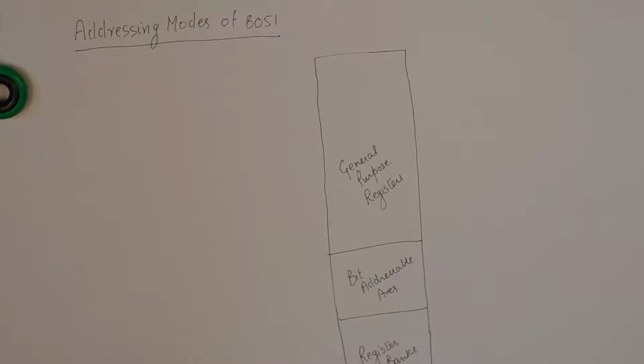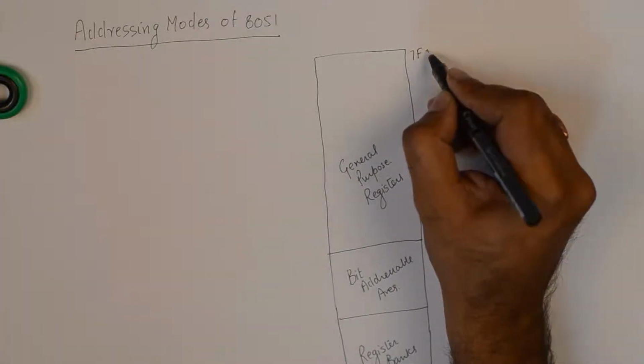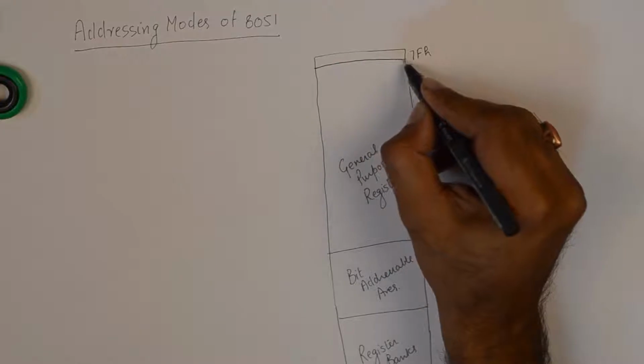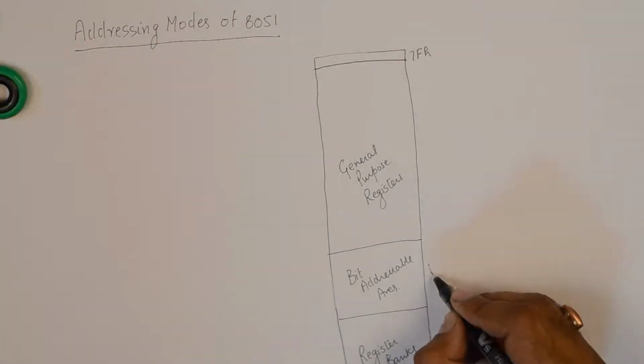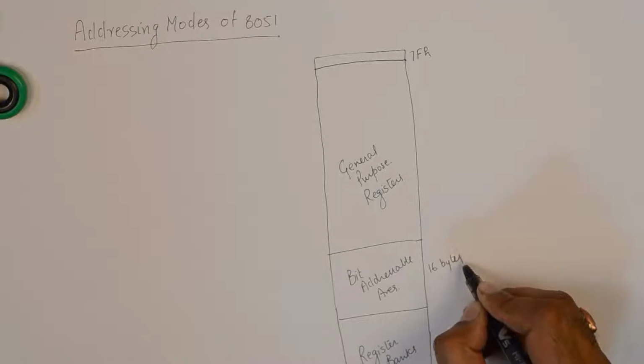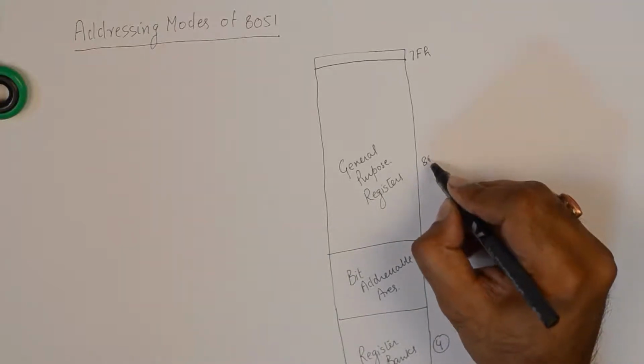We've already discussed the structure of RAM in the previous tutorial on 8051. We know that the RAM size is 128 bytes. It starts from 00H and goes up to 7FH, and it is further divided into 4 register banks. Each register bank has 8 registers. It has a bit addressable area of 16 bytes and a general purpose register area of 80 bytes,